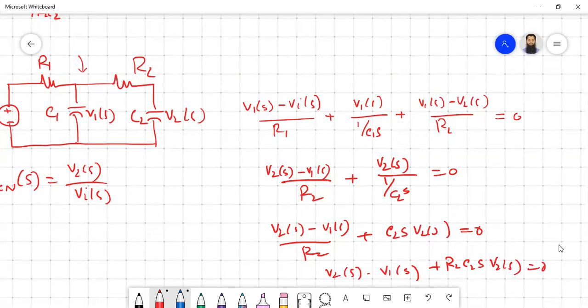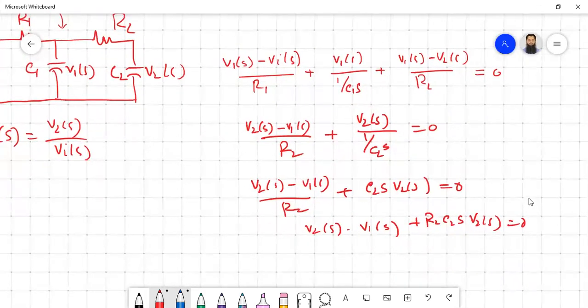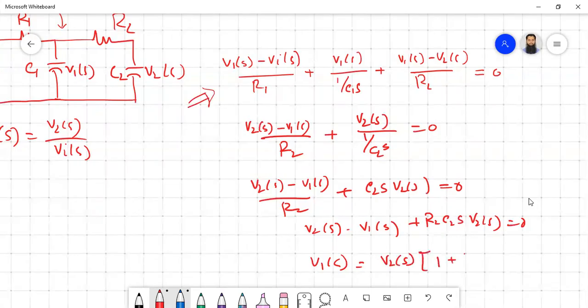So from here, if we can find the value of V1(s), and replace it into the first equation, then we should have the relation between the input and the output. So V1(s) can be written with V2(s) taken common as V2(s) times (1 plus R2 C2 s). Okay, so now we know the value of V1(s). Now if we replace V1(s) into equation 1,